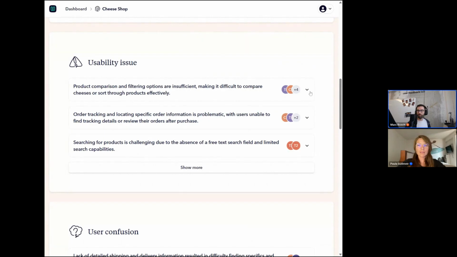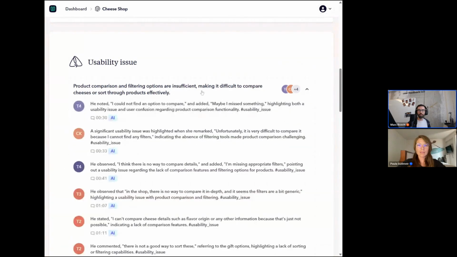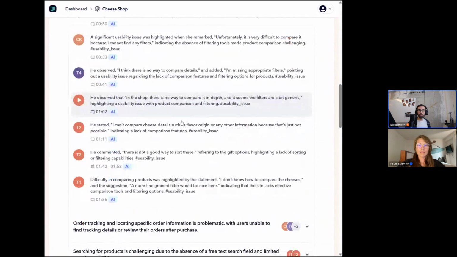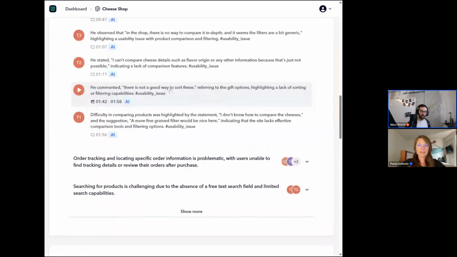And if you're really skeptical, you can also look into the single test persons. Also, again, you could play the clips. The difference between before AI and now in times of AI is that before AI, you would also have to put trust, for example, in colleagues, in team members to separately watch the clips. Maybe they have different taxonomies in tagging or flagging problems. Maybe they understand things differently. So in times of AI and using AI in